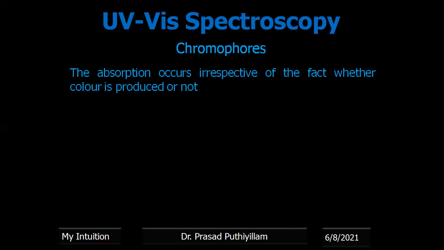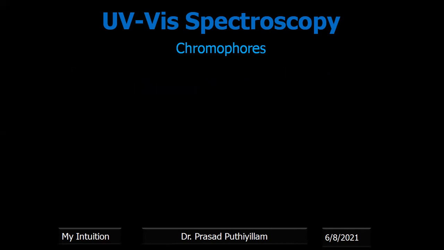The previous slide explanation says that they are responsible for color. Even if they may not give color, they absorb UV radiation mainly. Visible radiation absorption means it requires color; this one absorbs UV radiation. For example, the carbonyl group will not impart any color as such, but it is an example of a chromophore. That means for chromophores, no such particular definition is given. Many groups come under chromophores, but there are some important points we can discuss.